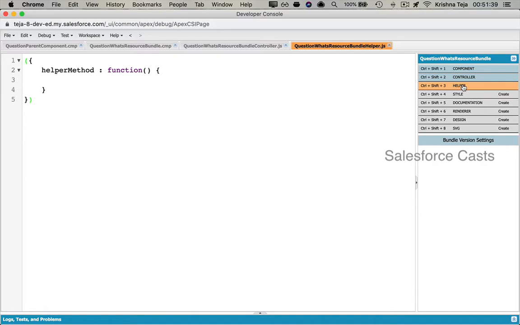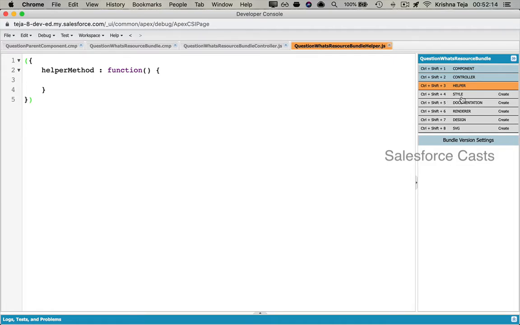When I click to open it, the file opens up and you can notice the naming convention. It is going to be in the format of the Aura component name followed by helper.js. This is also a place where we will write some JavaScript code. Whenever we have multiple instances of this Aura component, a single reference of the helper file will be created and the code within the helper file will be shared across multiple instances of this Aura component.